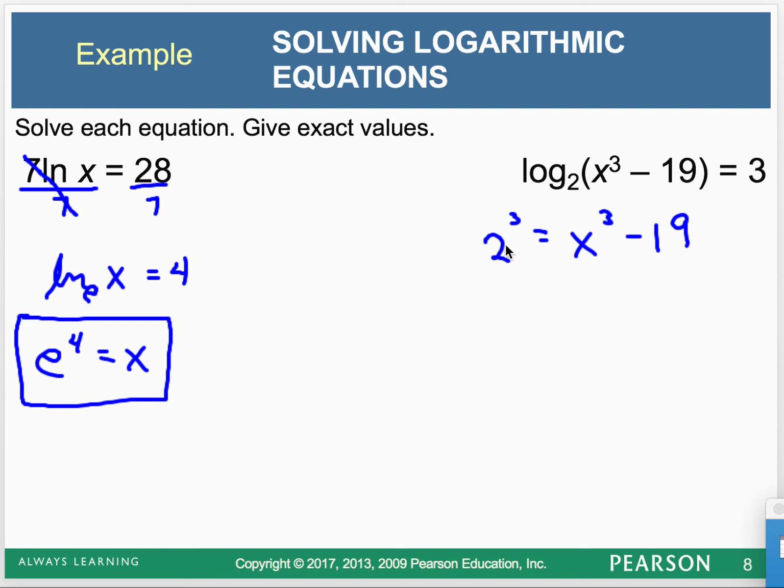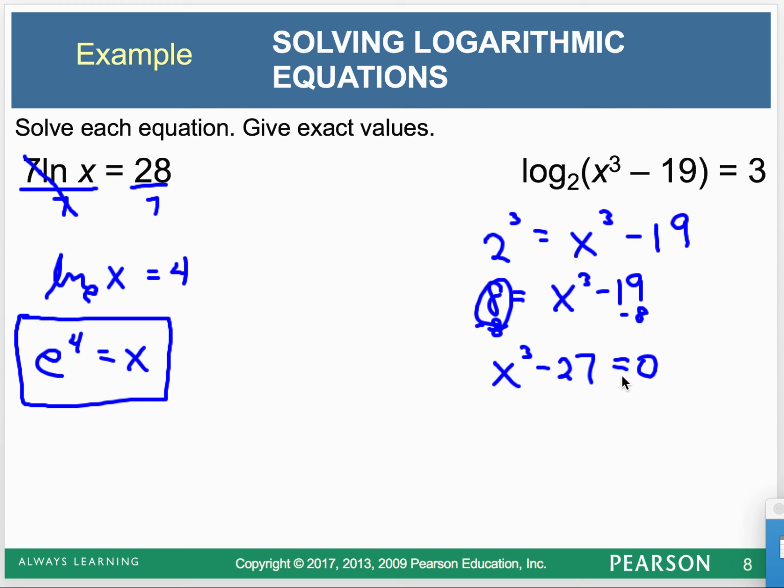Okay, now we've got an equation we can solve, a cubic equation. So this is 8. So we have x cubed minus 19 equals 8. Let's subtract 8 from both sides. Okay, so we wind up with x cubed minus 27